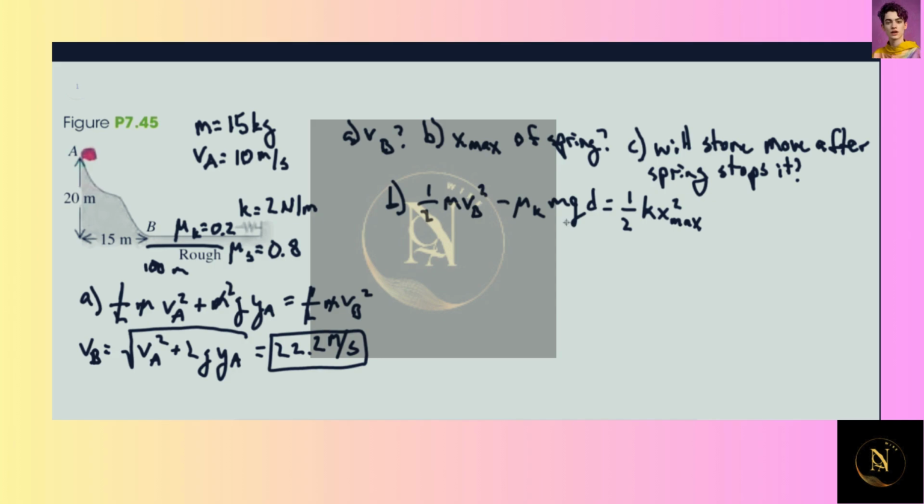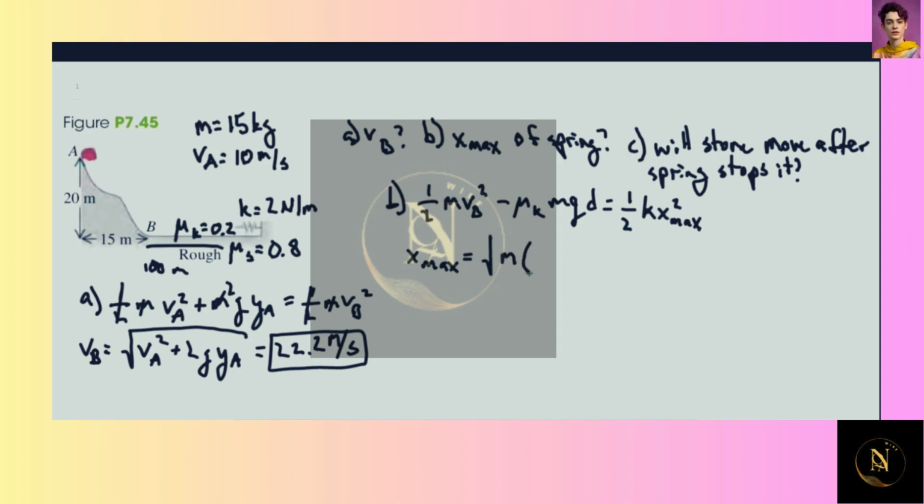So we know all of these things except for x max. So we find that x max will be the square root of,